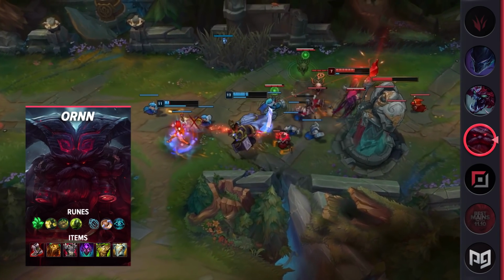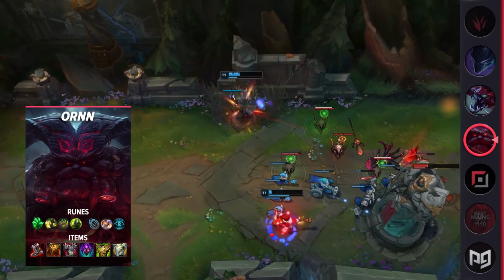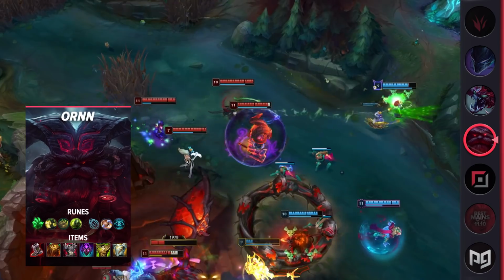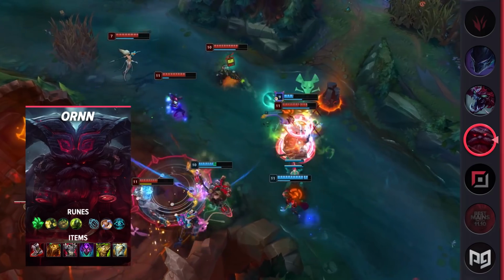Outside of lane phase, Ornn may lack the instant go button that other tanks have, but the longer setup time on his ultimate is a small price to pay for the impact that it can have on a fight. If you can take a fight in a tight pathway in the jungle, the slow and knock-up can absolutely devastate